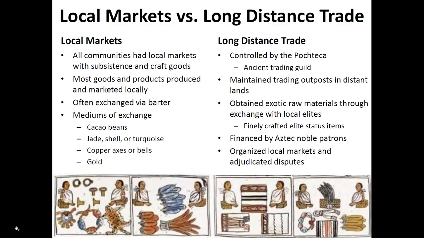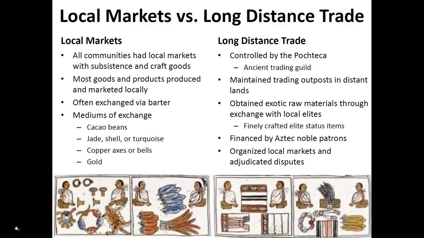Now, most goods and products were produced and marketed locally. They are often exchanged via barter. I'm going to trade the resources that I produce that you need for resources that you produce that I need. I have corn, you have cotton. We will exchange these. However, when you can't come to an agreement to exchange one resource for another, there were